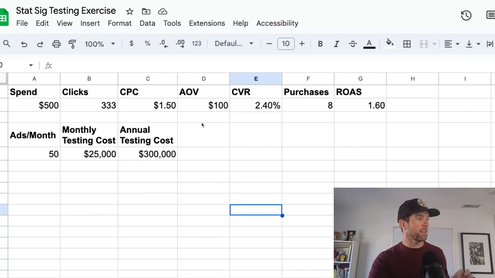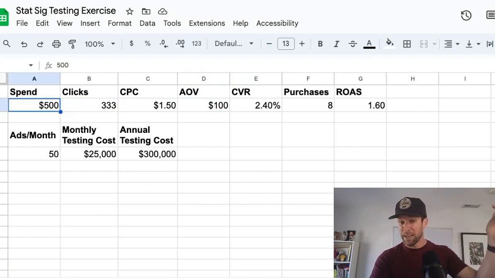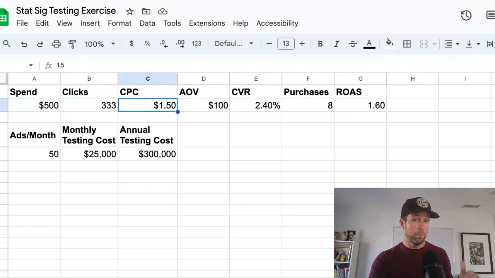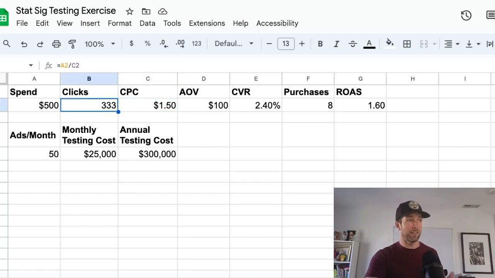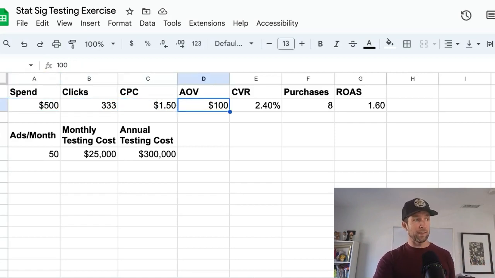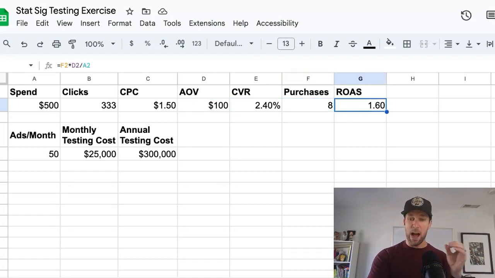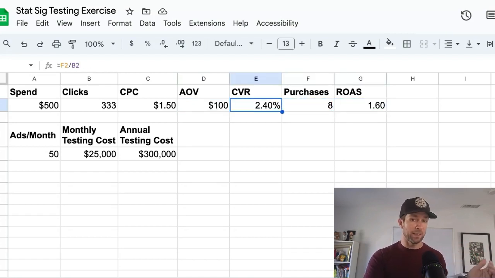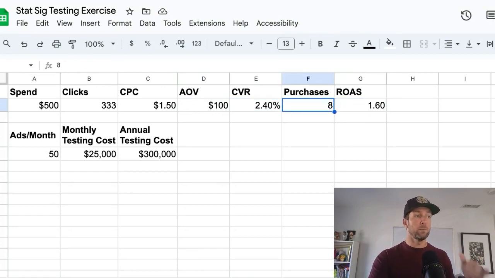And let's assume that this client spends $500 getting a $1.50 CPC. Now, at a meaningful amount of spend for many Meta ad accounts, a $1.50 click would be a pretty cheap price. But this is going to vary a lot from account to account, depending on CPM, creative, all kinds of different things, okay? So at a $1.50 CPC, you would get 333 clicks on $500 in spend. At a $100 AOV, if you converted 8 of those purchases, you would have a 1.6 ROAS and a 2.4% conversion rate. Okay, I'm just going to tell you, at a $100 AOV, within the optimization window that you would need, 1-day click, 7-day click, something like that, a 2.4% conversion rate would be pretty high.